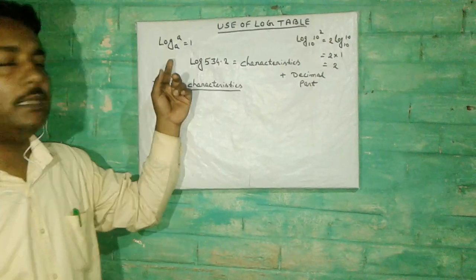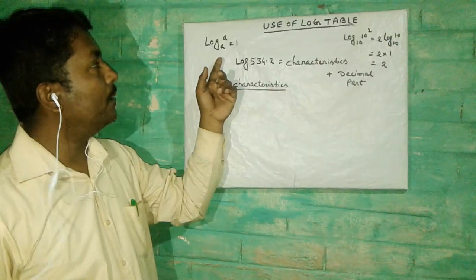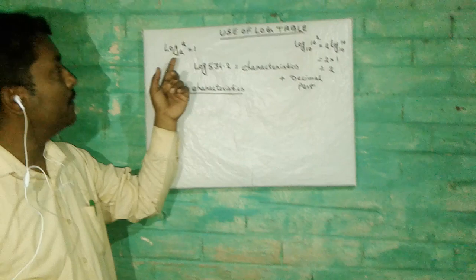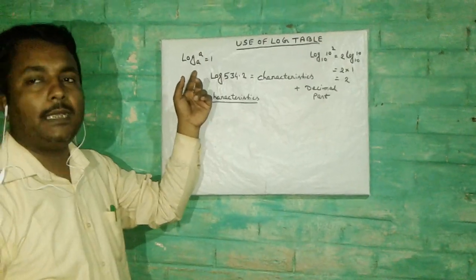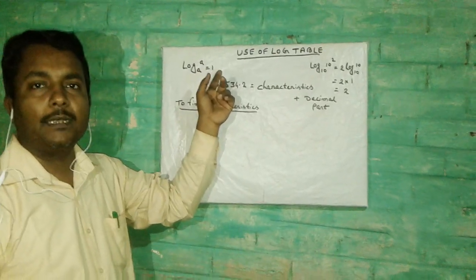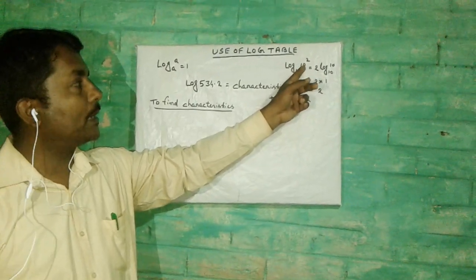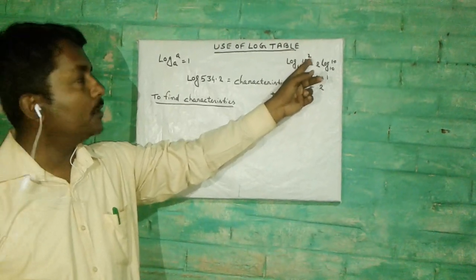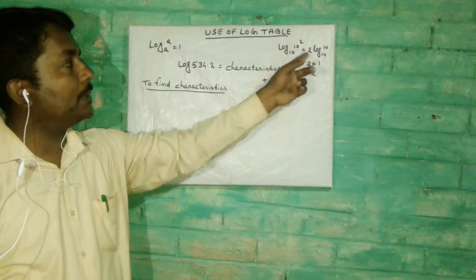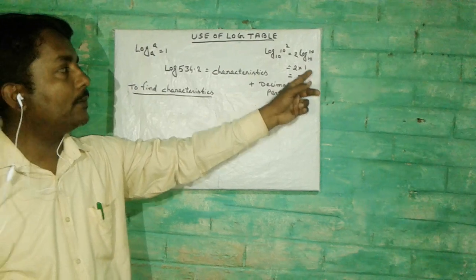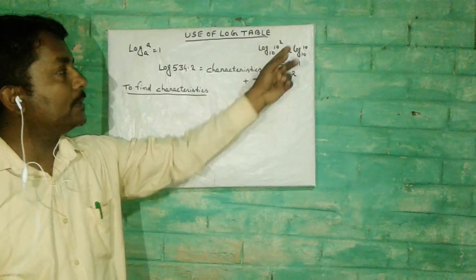To find the log, we have to use one very simple formula of logarithm, that is log a to the base a is always 1. Similarly, if 100 is given, 100 can be written as 10 squared. So 2 will come to this side according to the formula of logarithm, and log 10 to the base 10 is 1. So the value of this is 2.